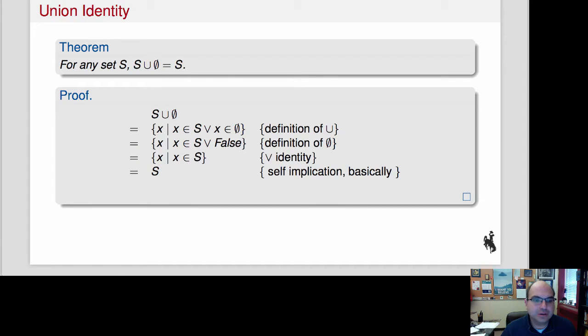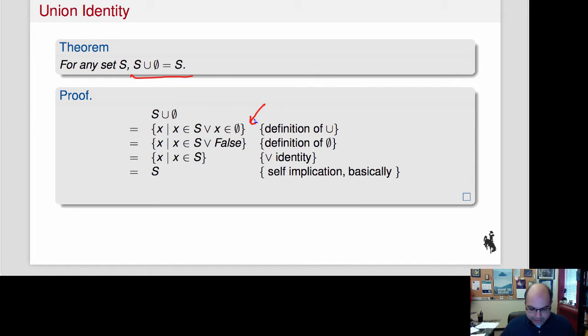Okay, last time we saw the axioms for things like union and intersection and all that. So let's actually try to prove some theorems that have those operations in them. So let's start with this. Union identity. So S union the empty set is just equal to S, right? So how can we do that? Well, S union the empty set,